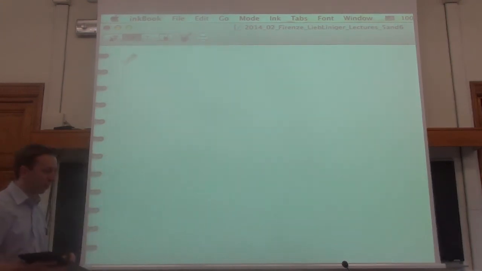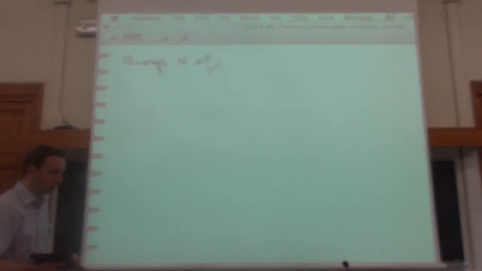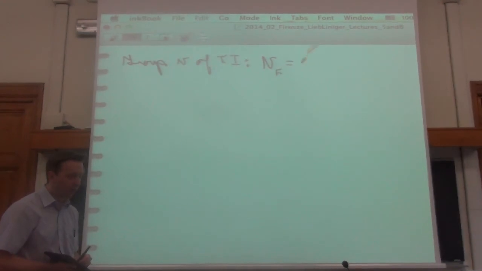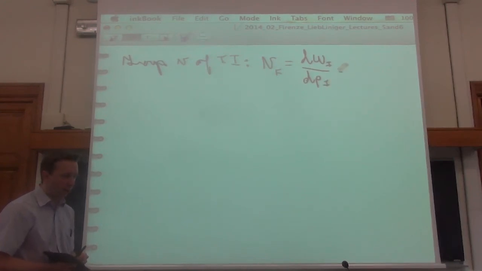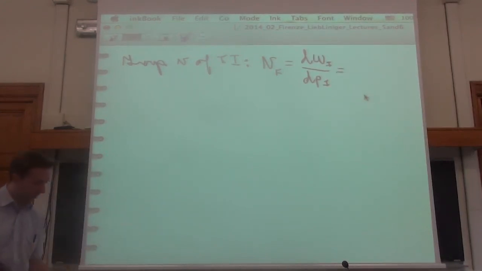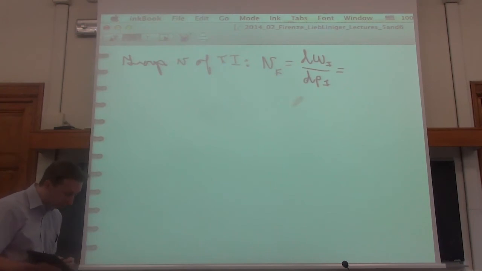The group velocity of type 1, we'll write as vf. And this is going to be d omega 1 dp1. And this we can just write, using the chain rule,